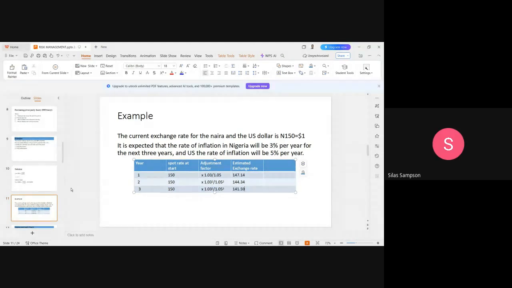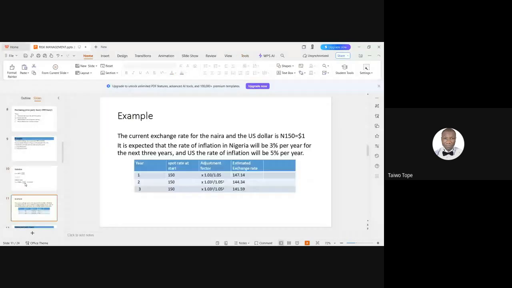Our spot rate for indirect quote is 0.67. Then times 1.03 raised to power 1 divided by 1. All right, so that is that for that. You can just do more work on that. Let's move forward to